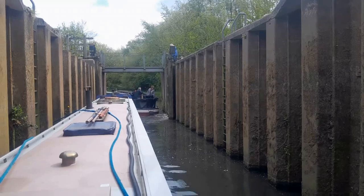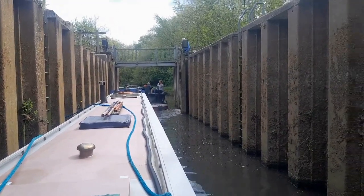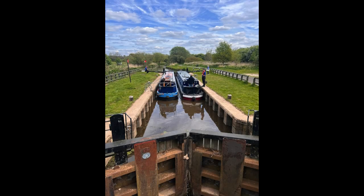Now we have to reverse in here, which is a pain. Not good. Hold on a sec. Because it's quite tight to reverse in there, the guy in front was just trying to get his boat straightened up, and I was having to hold mine tight against the lock wall to give him a better chance of getting in. Once we were in, we were up through the first lock, and then